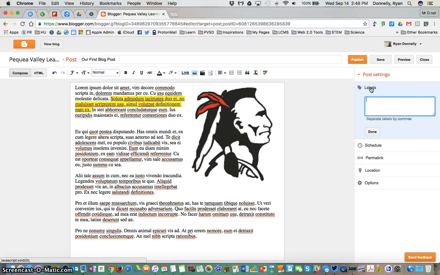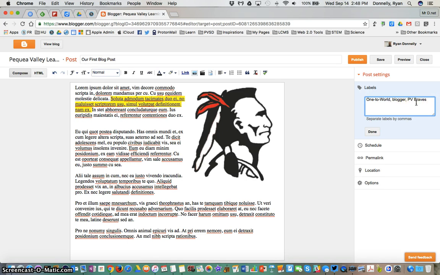So I'm going to go ahead and say the labels are One to World, Blogger, and PV Braves. My labels are allowed to have spaces within them. As you can see, I have to separate them by commas. So anytime I have a post that has the PV Braves label, it'll need to be capital P, capital V,